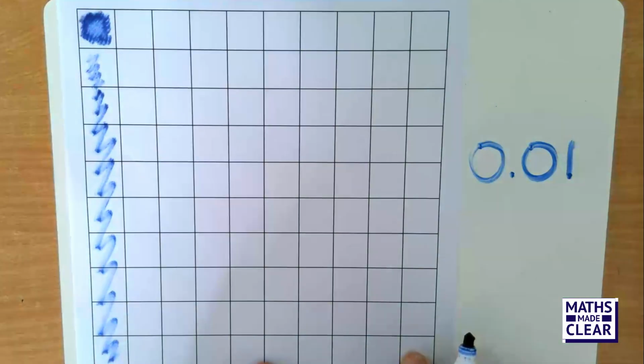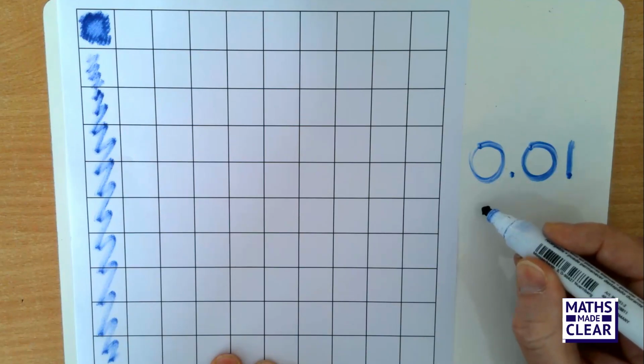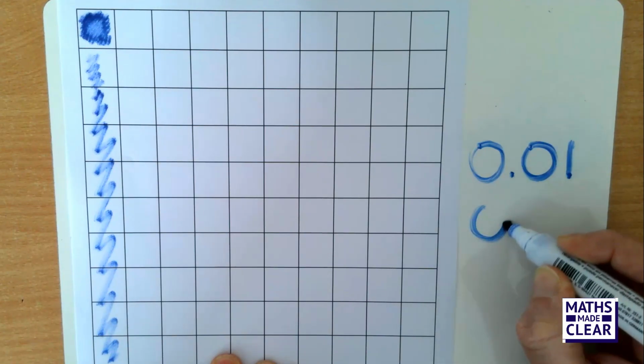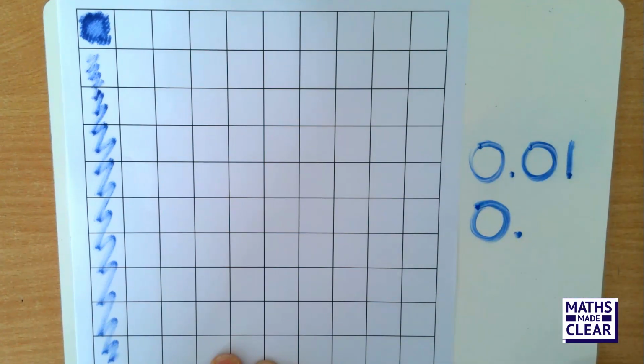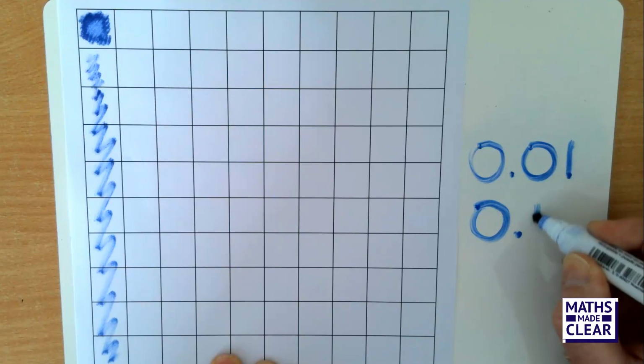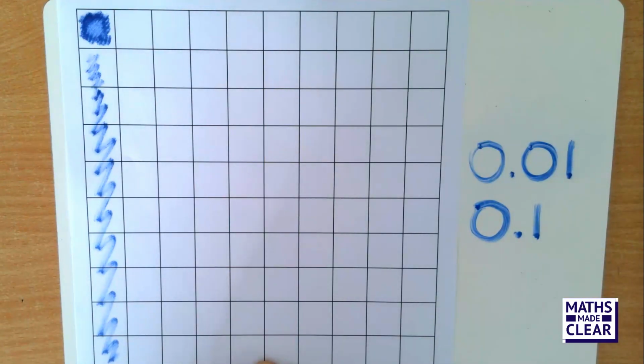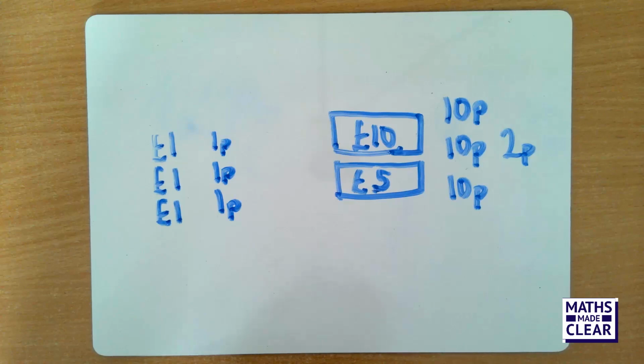If I then counted in another 9 of my 100 parts, so now I've got 10 of the 100 counted in. Well, now I've got one of my 10 parts. I've got a tenth coloured in. So this decimal would be 0, because again, I don't have the whole yet. Point, to show that we're going for less than 1. 1. 0.1. 1/10. 10 of 100. That's right. So when we start to talk about decimals, we often think about money first,